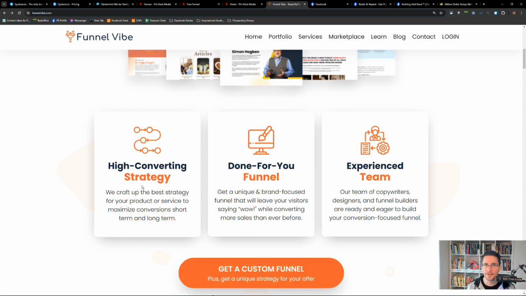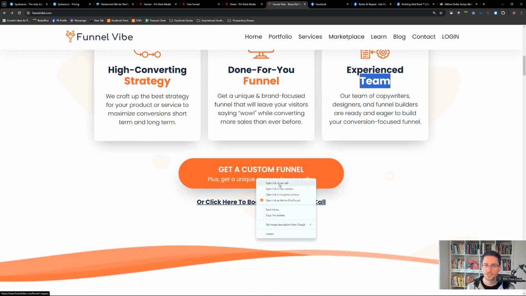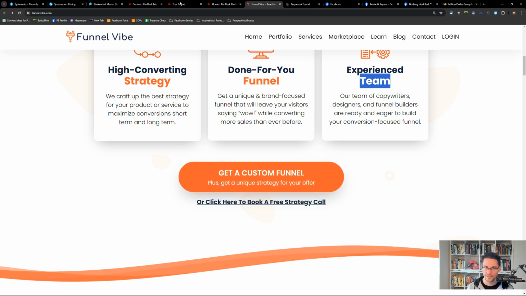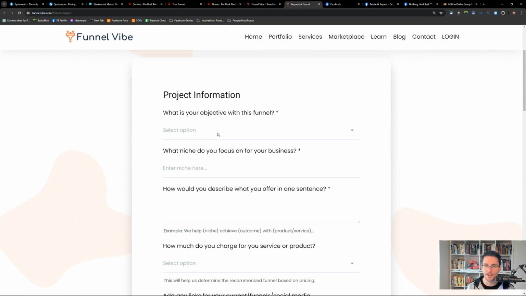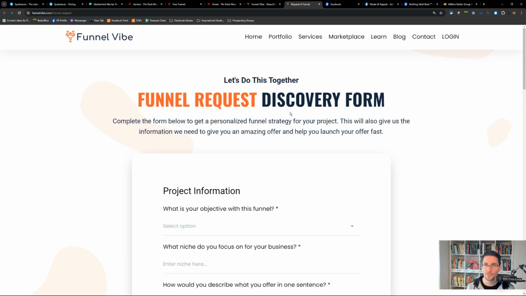Then it's really clear about what the process looks like that Bolivar offers. It's about the strategy, about building the funnel, and then about the experience and the team that he has. And then there's this call to action, which says, get a custom funnel, which goes directly to this opt-in form where you submit what you need help with, and then you can book a call with Bolivar here.